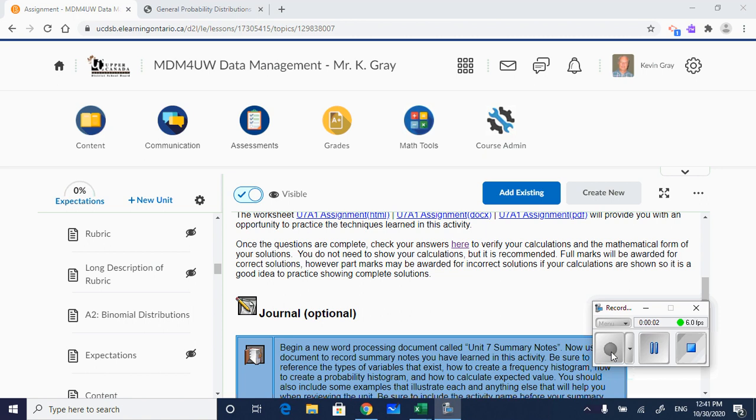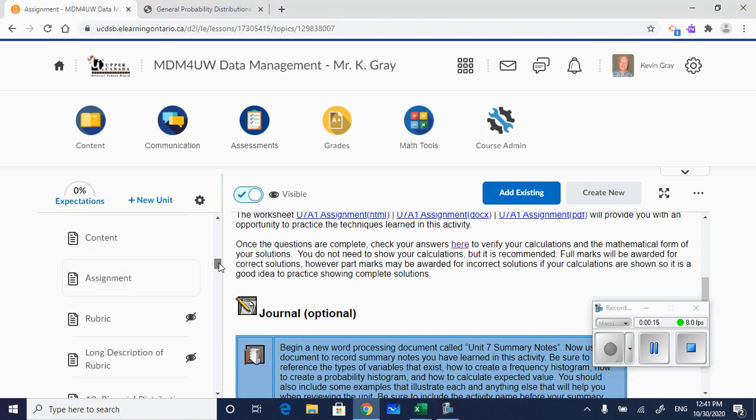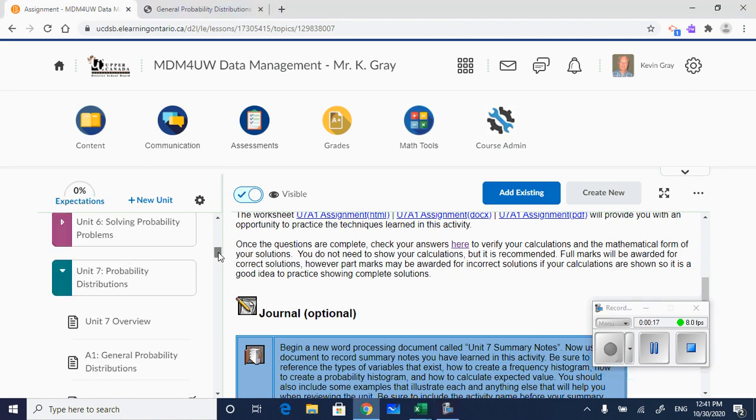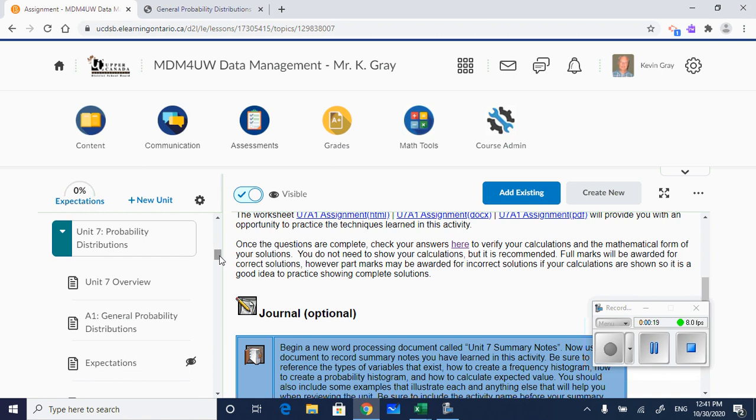Okay, hello everybody. There have been a few questions about the beginning of Unit 7, Activity 1, with respect to histograms and frequency histograms and probability histograms. Well, I'm going to walk you through just how to do some of these things in Excel, and hopefully that'll alleviate some problems. When you get to Unit 7, Activity 4, the assignment,